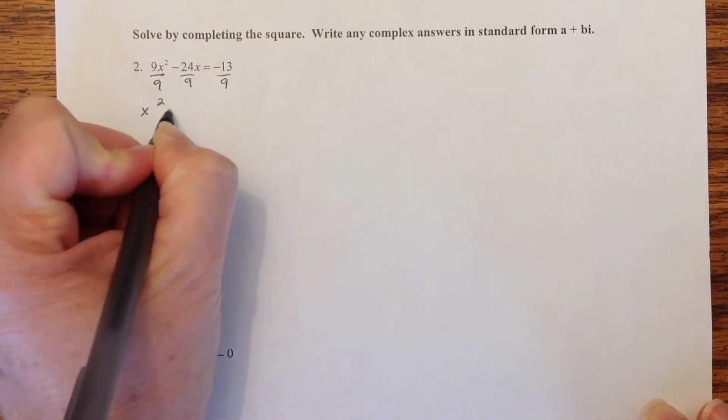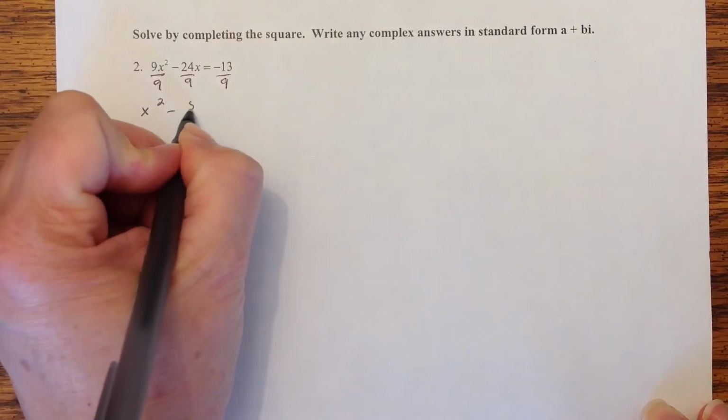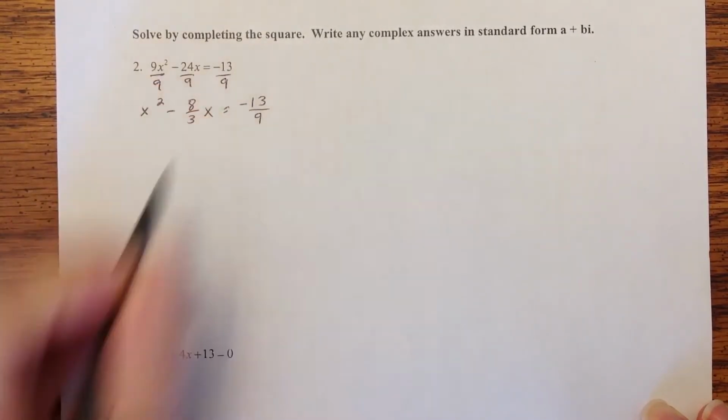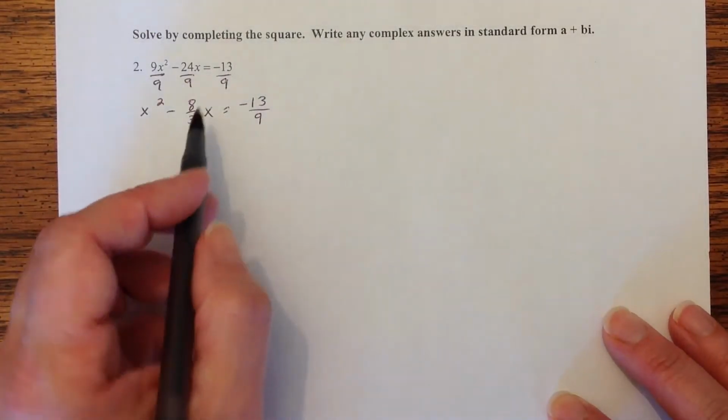So we get x squared minus, this fraction reduces by 3, so I'm going to reduce it to 8/3 x equals negative 13/9. Now the next part of completing the square is that our constant has been moved over. And we can tell that negative 13/9 is already over on one side by itself. So the next thing we want to do is take half the coefficient of x,